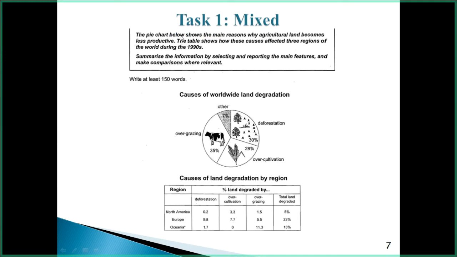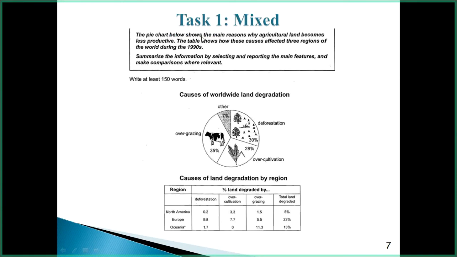The pie chart below shows the main reasons why agricultural land becomes less productive. The table shows how these causes affected three regions of the world during the 1990s. Since there are two sentences in the statement, you can also write two sentences in paraphrasing. Let's start. The provided chart